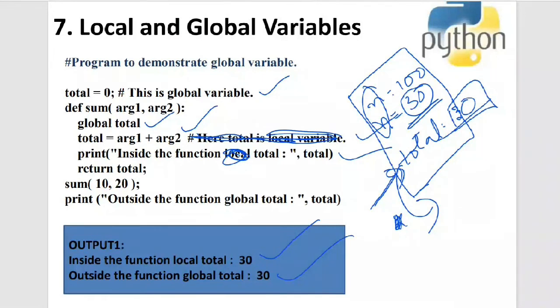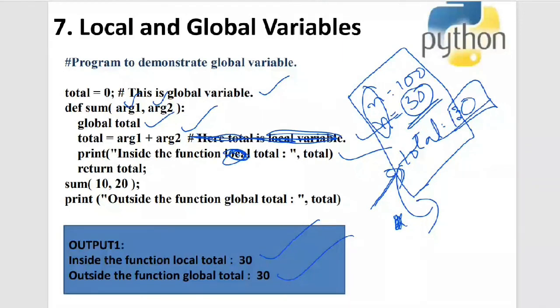Even inside the local variables, I cannot say n and then also again n. If I say n and n, it will consider it to be the same n. I cannot have two global variables with the same name and I cannot have two local variables with the same name. That's why we are saying arg1 and arg2. Why are we saying arg1 and arg2? Because they are two different variables. I cannot say arg1 comma arg1, right? Because it will tell me you are giving the same variable names. So the variable names should be different altogether.